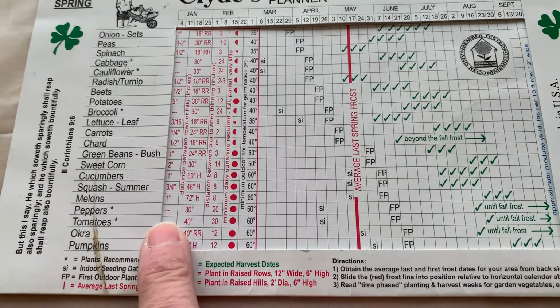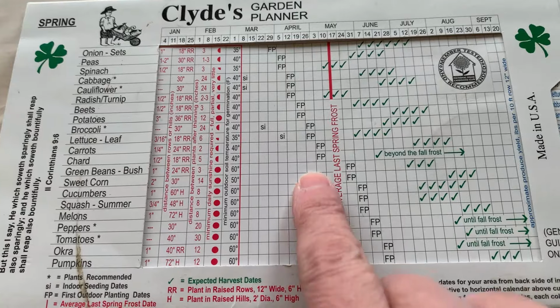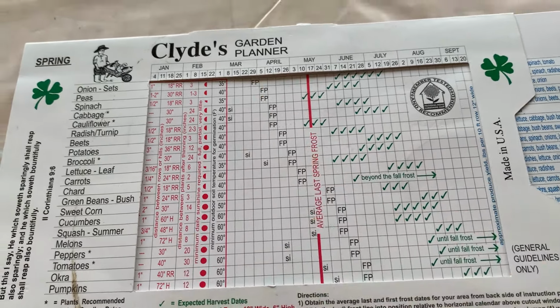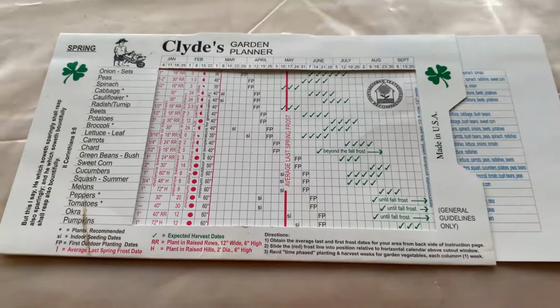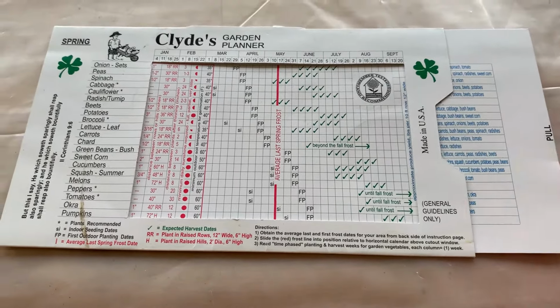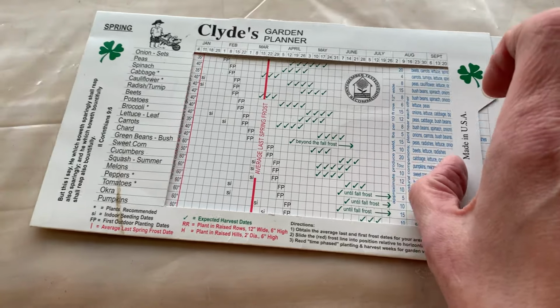So tomatoes, it says to sow inside at the end of April, which we're going to do them next week, so 2 weeks. We like to give ours a little bit more of a head start, but obviously this is not set in stone. All right, so that is our seed haul for this year and an idea of our garden plan